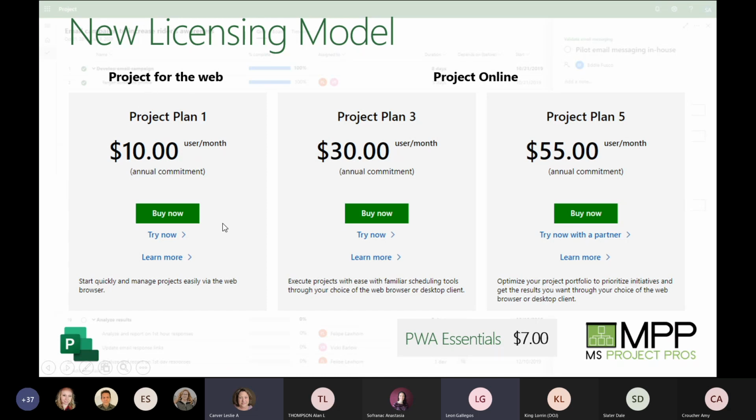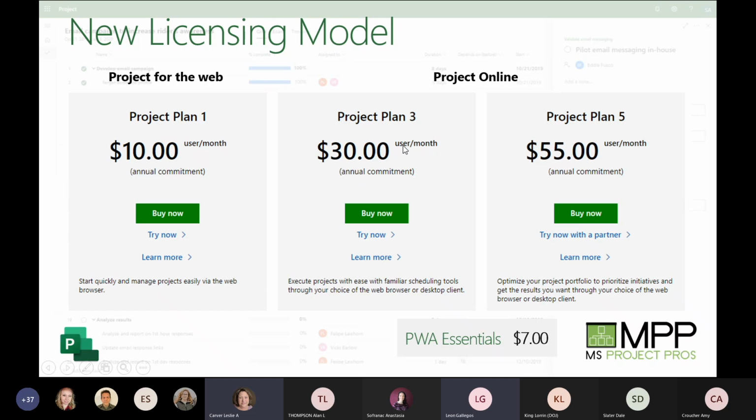P1 gives you that first part that we looked at where you clicked on Project and you're able to do web-based project management. Then you move into Project Online. So there's definitely a very distinctive line being drawn between Project for the Web and Project Online. Even though you can pull these in together, they're distinctively different, right? P3, this $30 a user license, this includes Microsoft Project Professional.